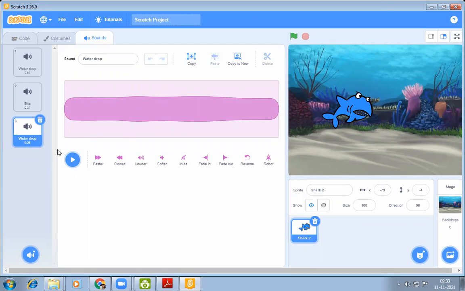If we want to add the sound, we have to just choose the sound, or we can also record it. Okay, we can also record the sound here. This option gives us choose a sound, record a sound, surprise.